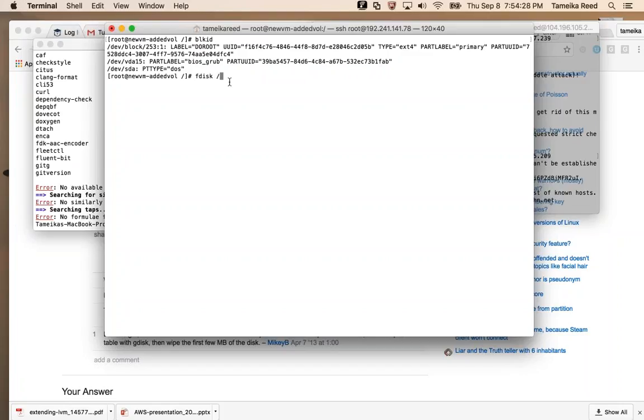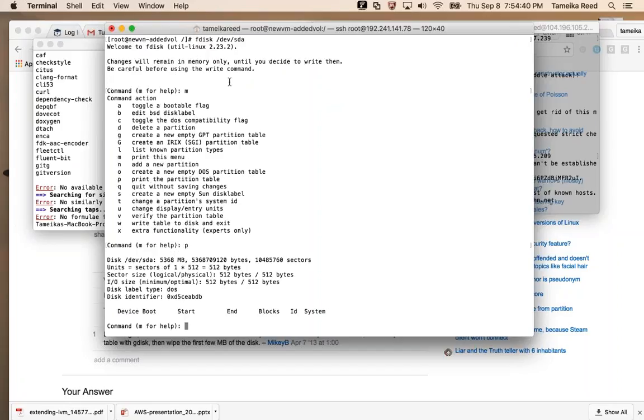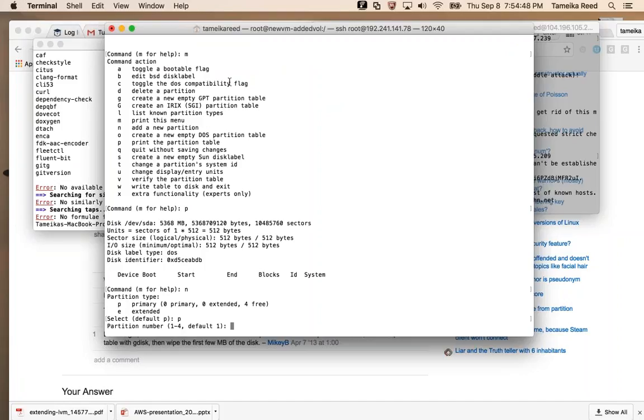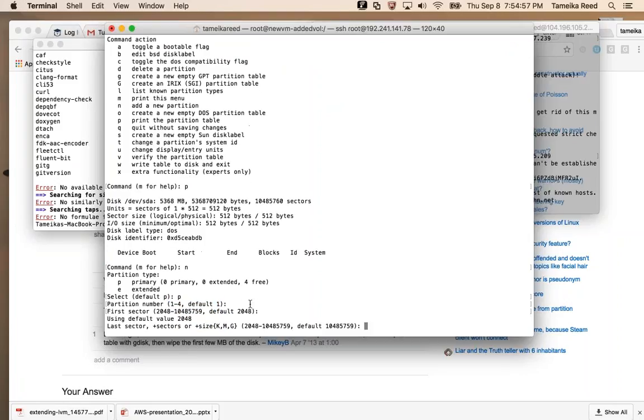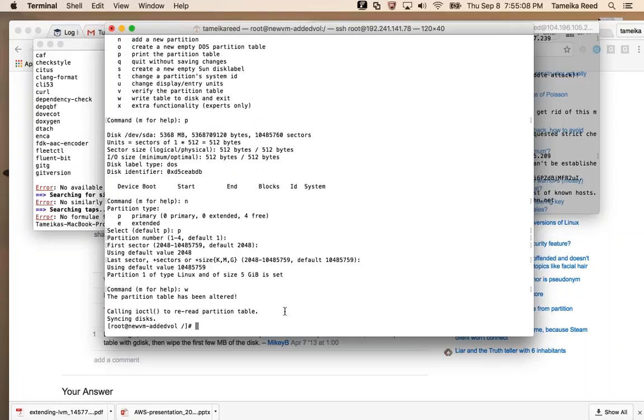So we want to give SDA a file system, /dev/sda. So we have to first make a partition. Remember, you can type m for help. Let's partition it. I'm going to say new. Right now it's of type DOS. We're going to take the defaults. So we're going to do p, and everything that you see right here in parentheses, meaning default, is 1. We're going to take that. So yes, yes, yes. And once you do that, it tells you that the partition type of Linux has been set. I just type w and it writes it for me. So now